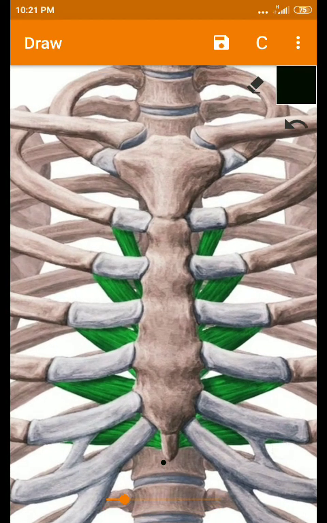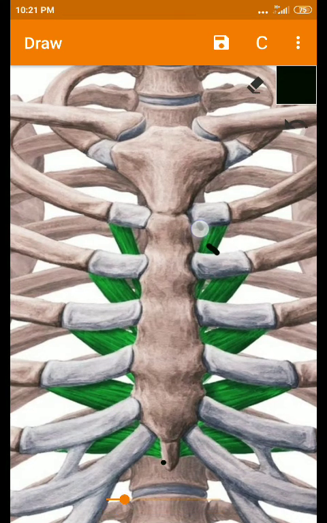Now we will see from where to where this muscle is present. It is a deep, flat layer of muscle deep to the internal intercostalis. We already know that. Here in between these things, the internal intercostalis will be arranged like this. So it is present deep to the internal intercostalis muscle.